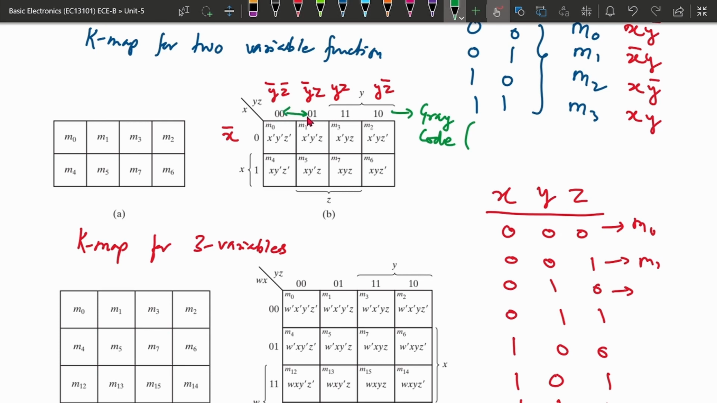So it is 0 0, 0 1. One bit has been changed. In between these, only one bit will be changing. So it is 0 1, then 1 1. Then 1 1 is changing to 1 0. So there is only one bit change. This is how gray code is defined,